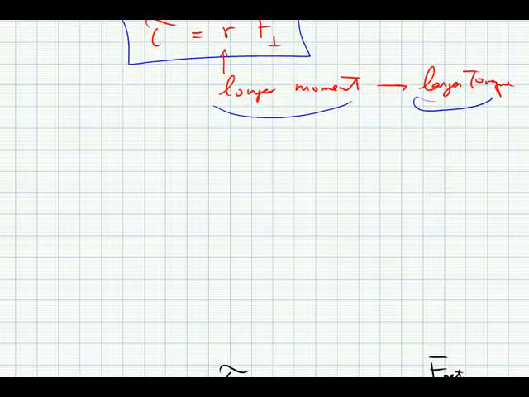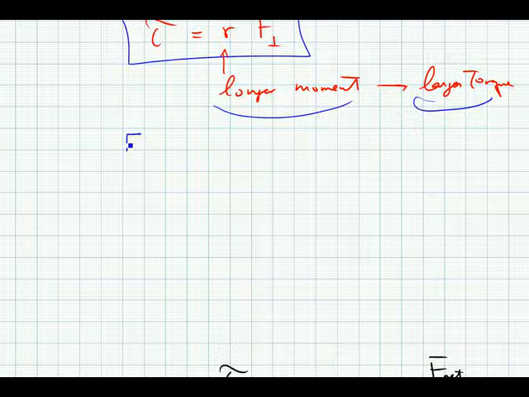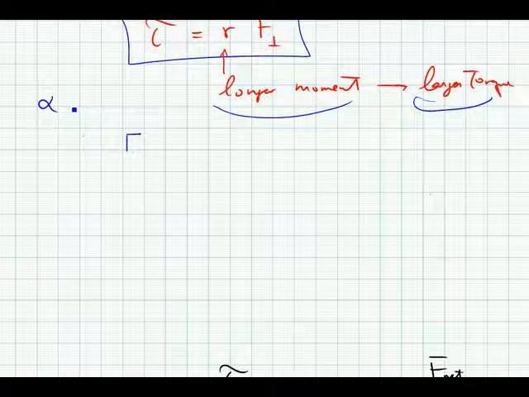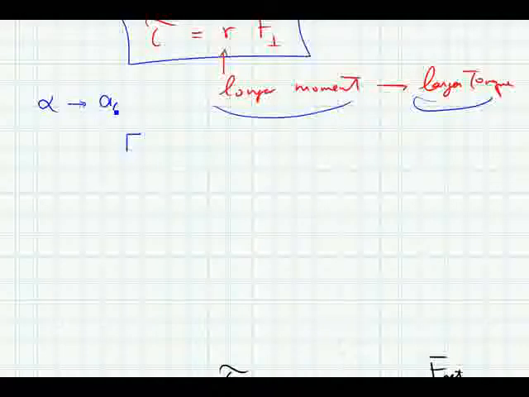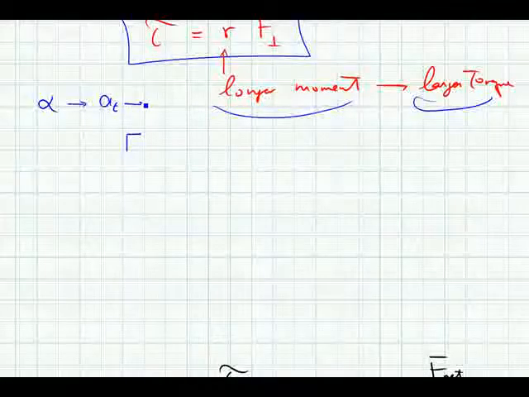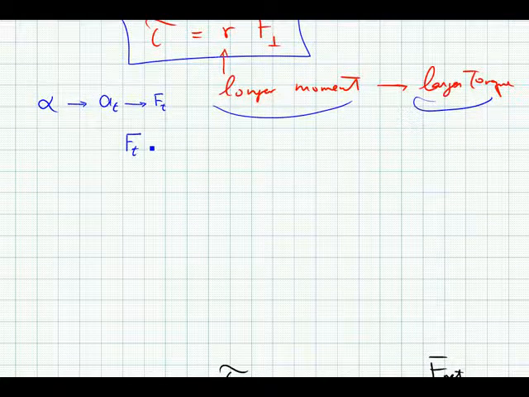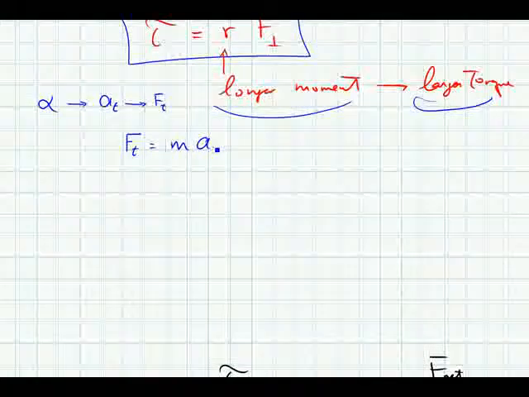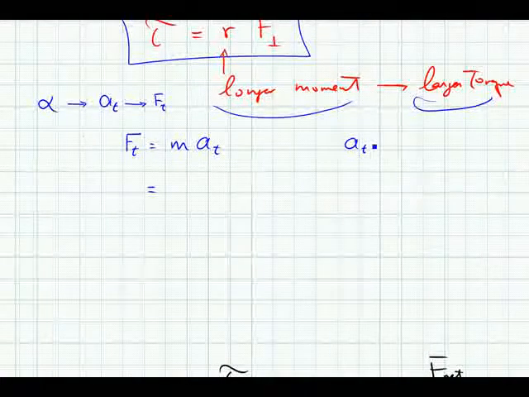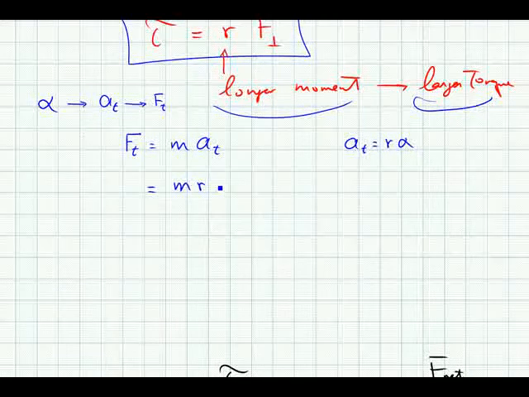So we had tangential, we said that for rotation to happen you need alpha. Alpha implies that you have a_T, tangential acceleration, and a_T implies that there is some F_T at work. Now F_T is equal to m a_T, Newton's second law. a_T we know is equal to r alpha. If you go ahead and put that in,